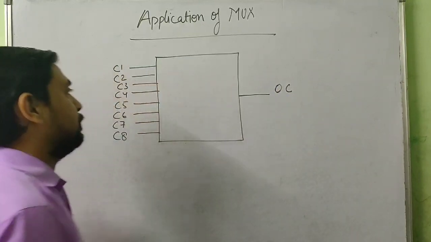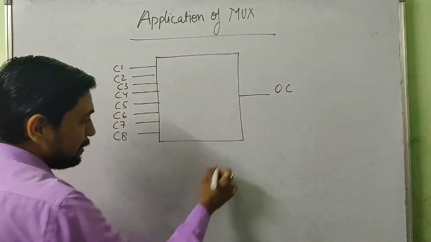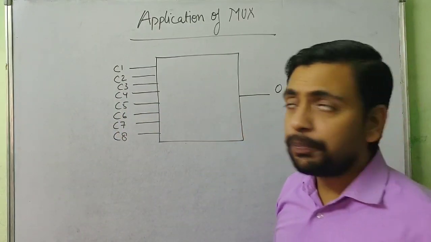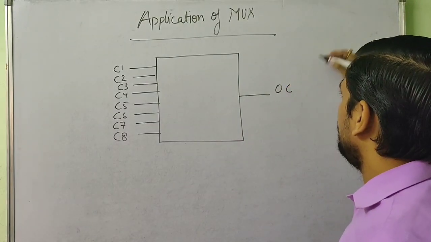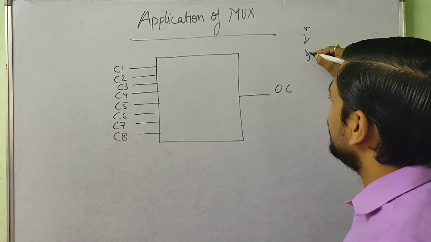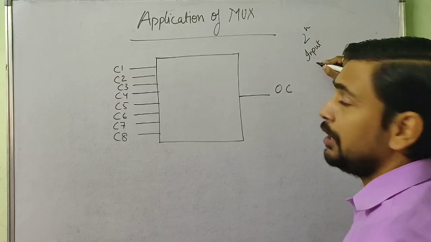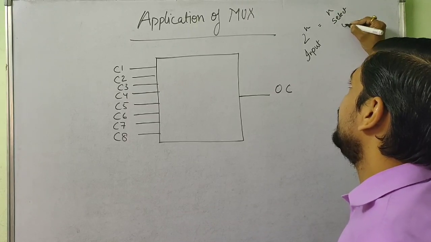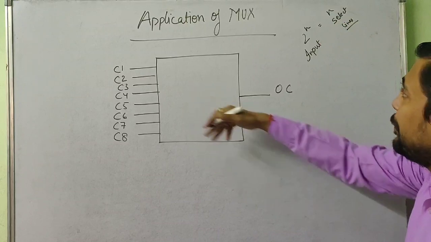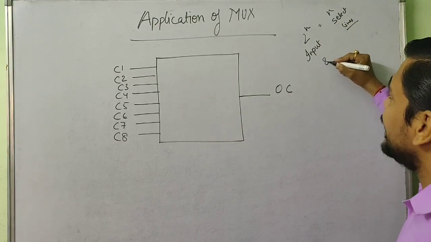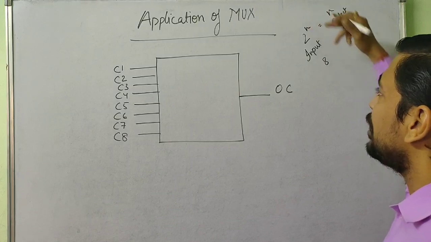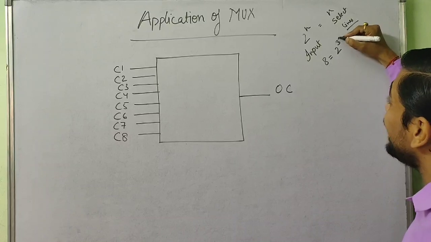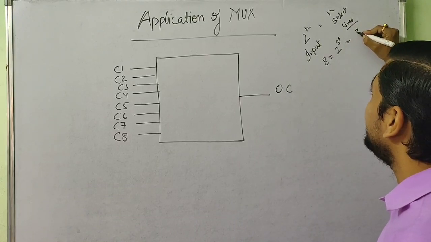And this is an output channel, let it be OC. We will have some selection lines, and if you remember from my last lecture, how many selection lines will there be? I told you that if there are 2 to the power of n input options, then there will be n selection lines. Now how do you calculate this? For example, 8 input options. Can you represent 8 as 2 to the power of something? Yes, we can write 8 as 2 to the power of 3. So what is the value of n now? 3. So how many selection lines will there be? 3 selection lines.